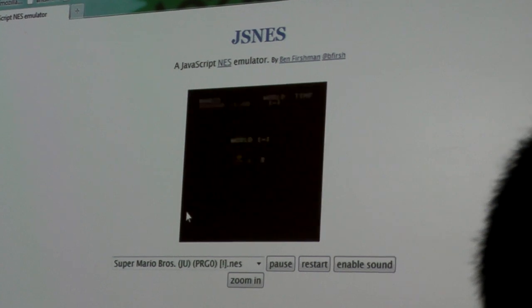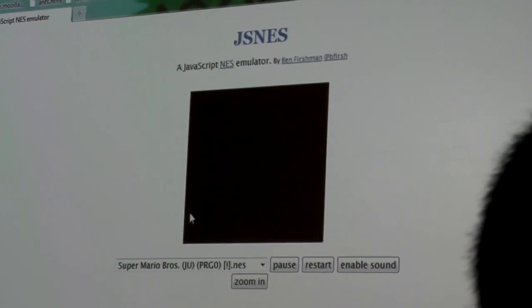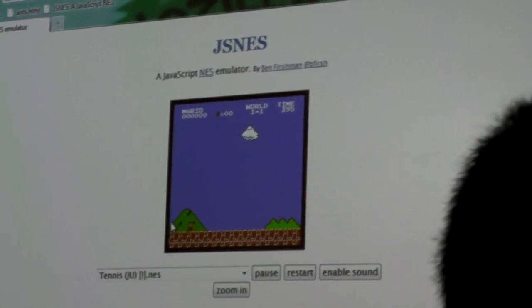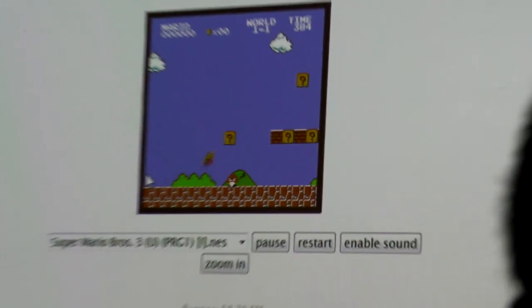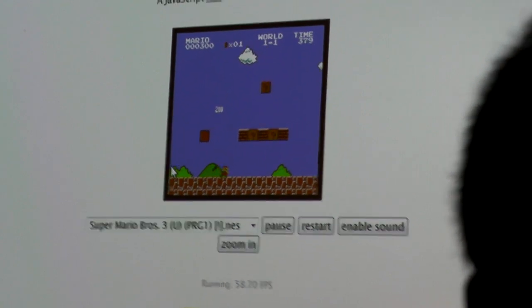And now I will demonstrate the fact that I cannot, in fact, simultaneously play Super Mario Brothers and give a demo. But you can see right here that we're running at 60 frames a second, and it looks great, just like on your